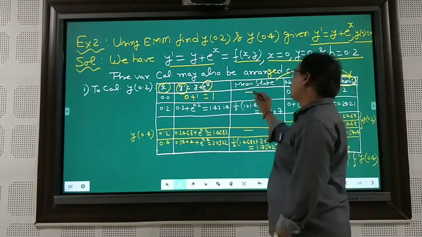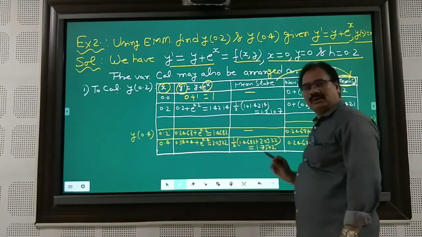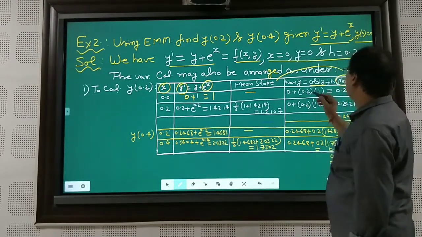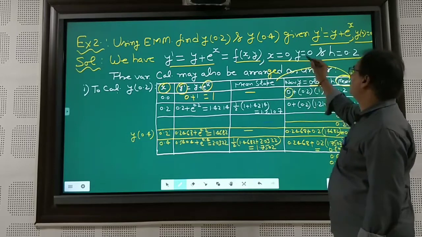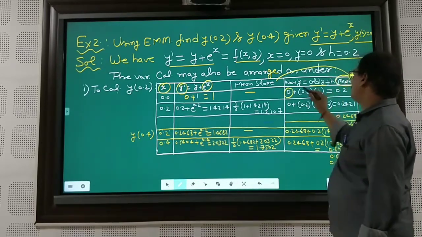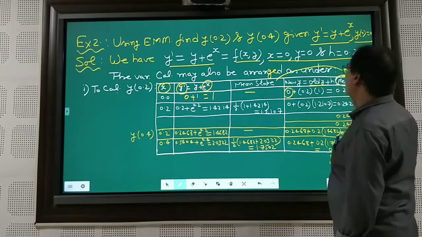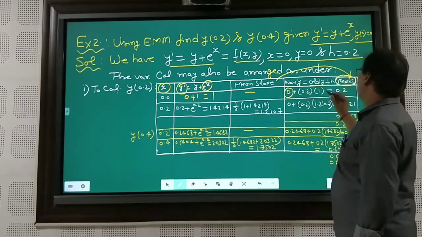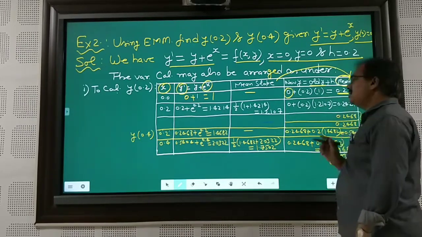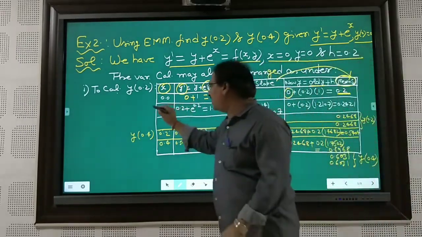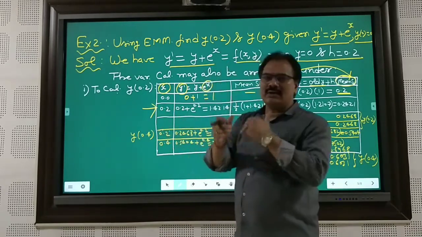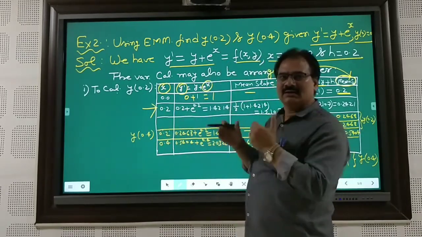Here this is the first step, so you can keep it blank. But here the old y is what? 0. Old y is already 0 here. The h, the step size, is 0.2, and the mean slope is 1 here in this case. So the value is 0.2. Now you have to concentrate here, because if this step is clear, then only you will repeat this step again and again.